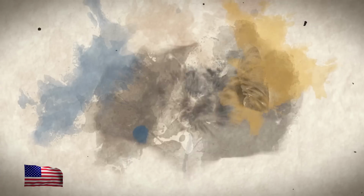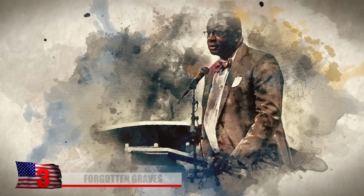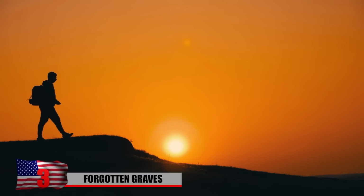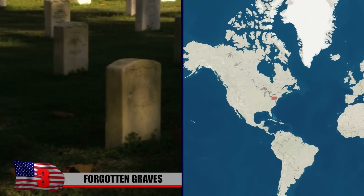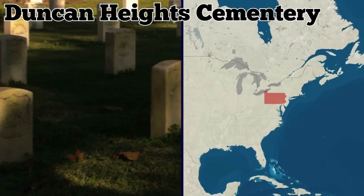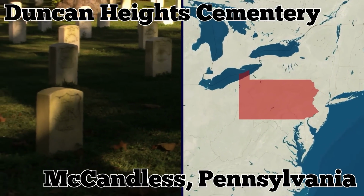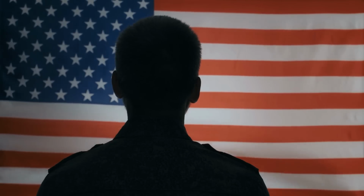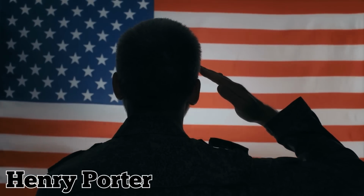3. Forgotten graves. Years after losing his parents at a young age, Reverend Richard Freeman Sr. went on a mission to learn more about his roots. The pastor's search led him to Duncan Heights Cemetery in McCandless Township, Pennsylvania, just outside Pittsburgh. It was there the records claimed that one of his ancestors, a World War I veteran named Henry Porter, was